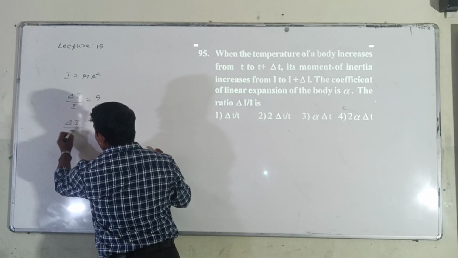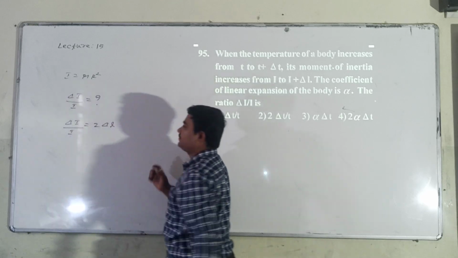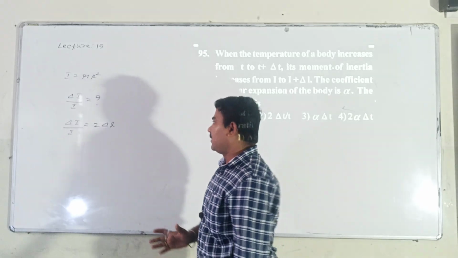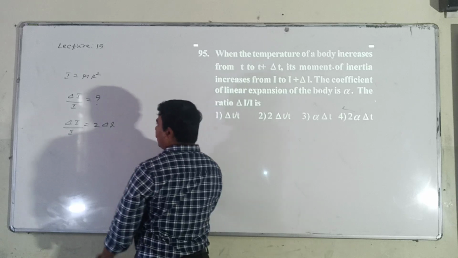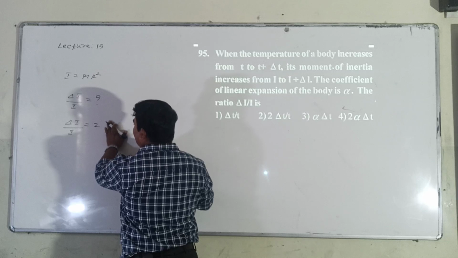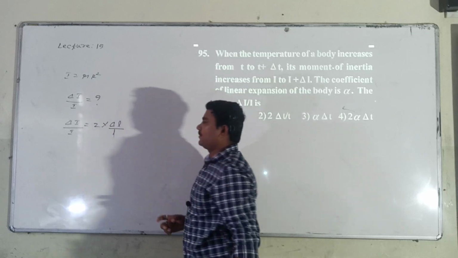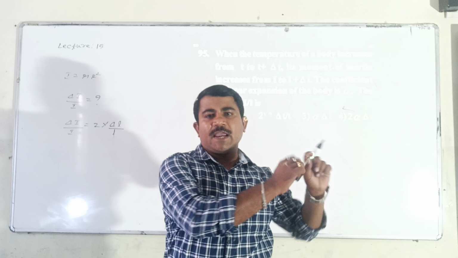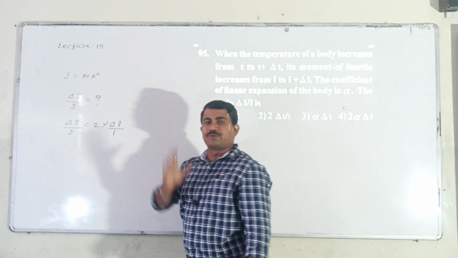See here, del I divided by I is equal to 2 times of del L. It is 2 times of del L. Direct relation we can obtain. Del I divided by I equal to this value. Or from this you can call directly. Del I, moment of inertia, also del L divided by L value. Because moment of inertia is concerned with the area of the given body, 2 times of the length, 2 times of change in length I observed.